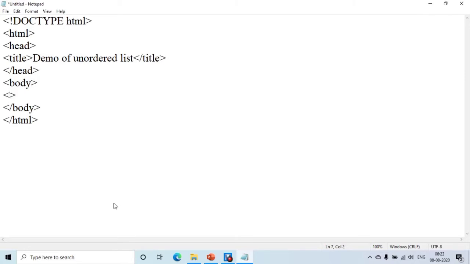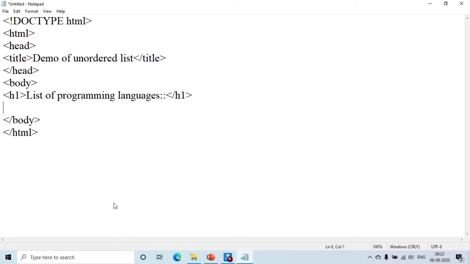Let us provide a heading for our list, that is, an unordered list. Suppose we want to create a list of different programming languages. Then specify here: list of programming languages.